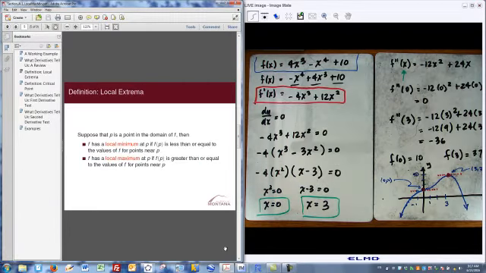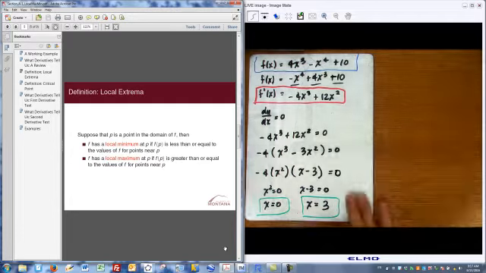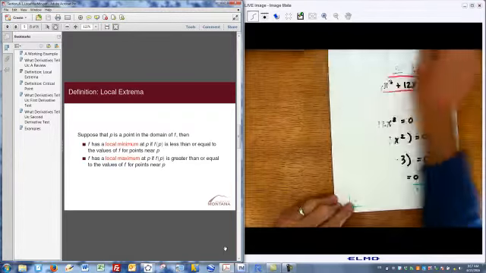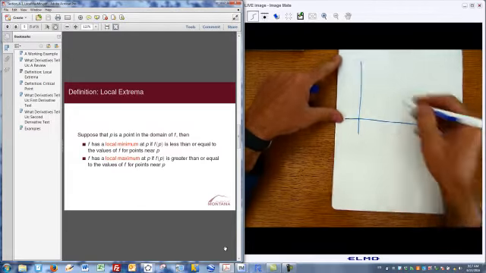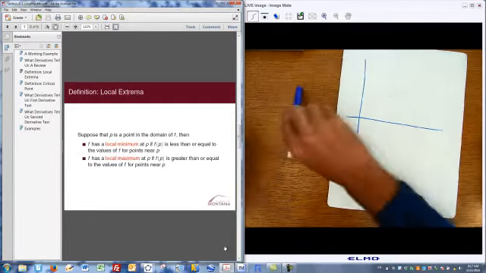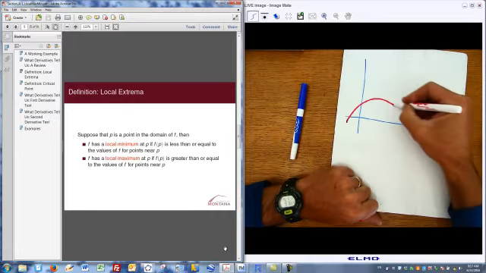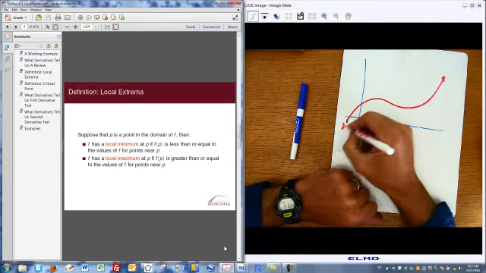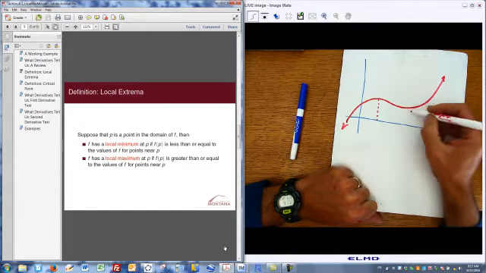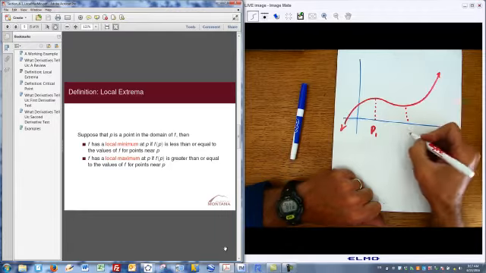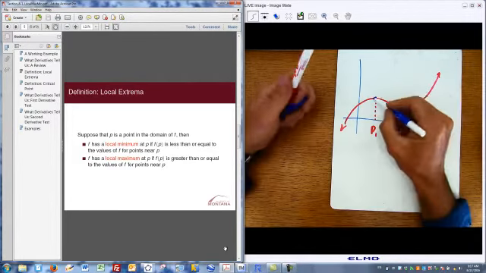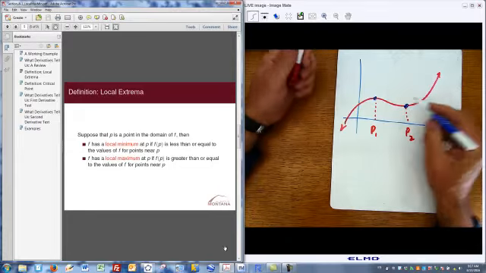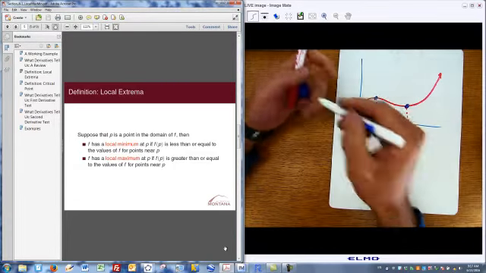If we have just a general picture of a function, let's say here's our function. It looks like here would be, let's say, P1 and P2. We would think of P1 being a local maximum and P2 being a local minimum. The reason we think that is that the values of f